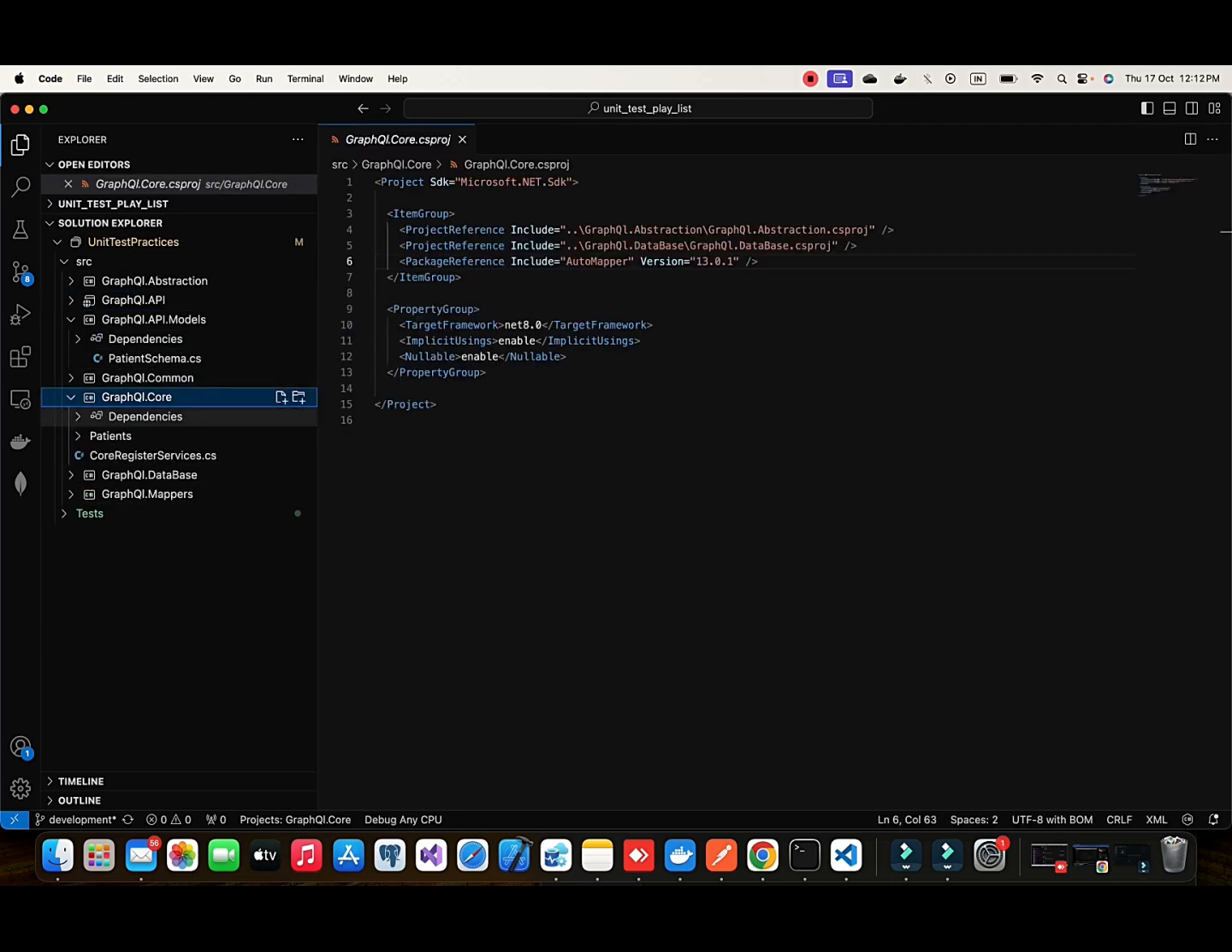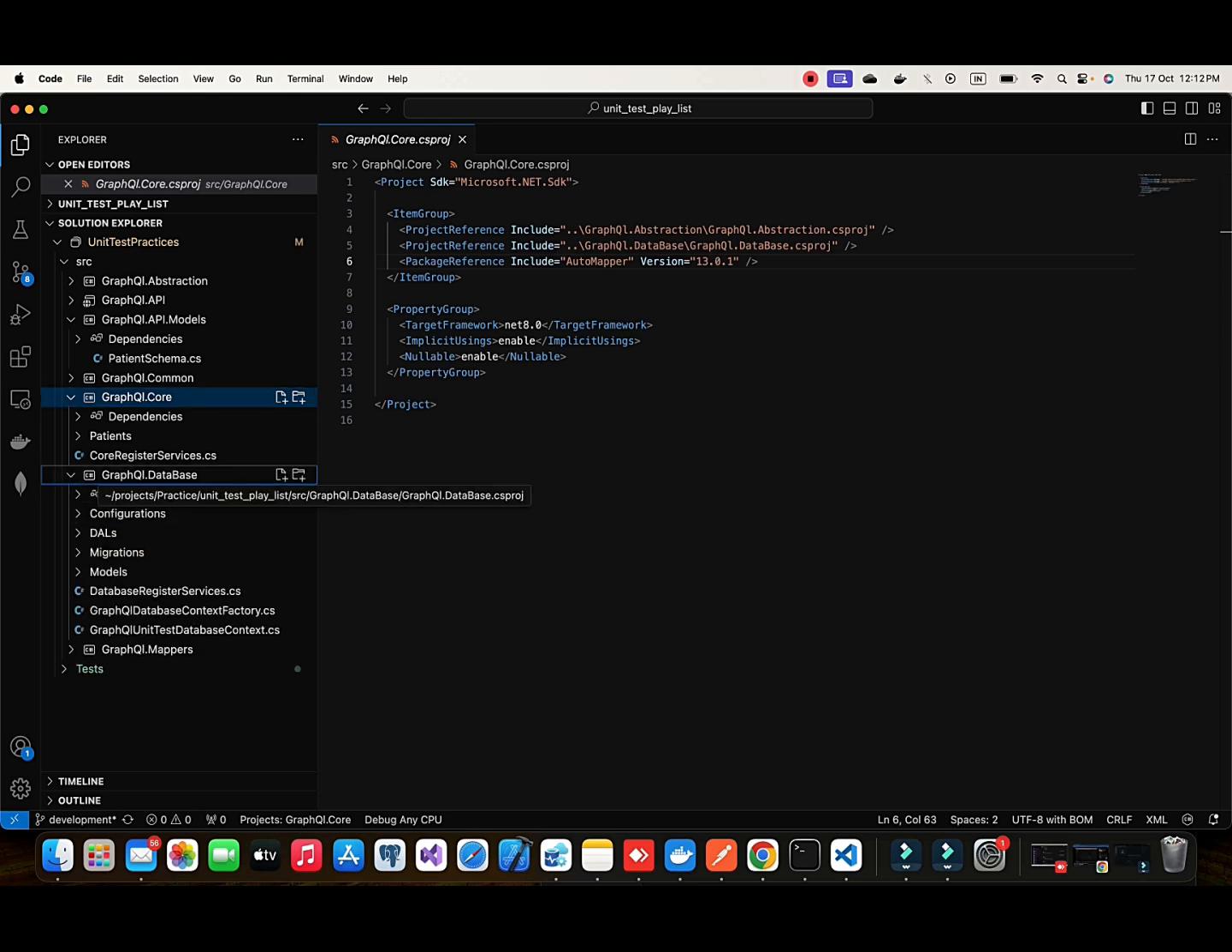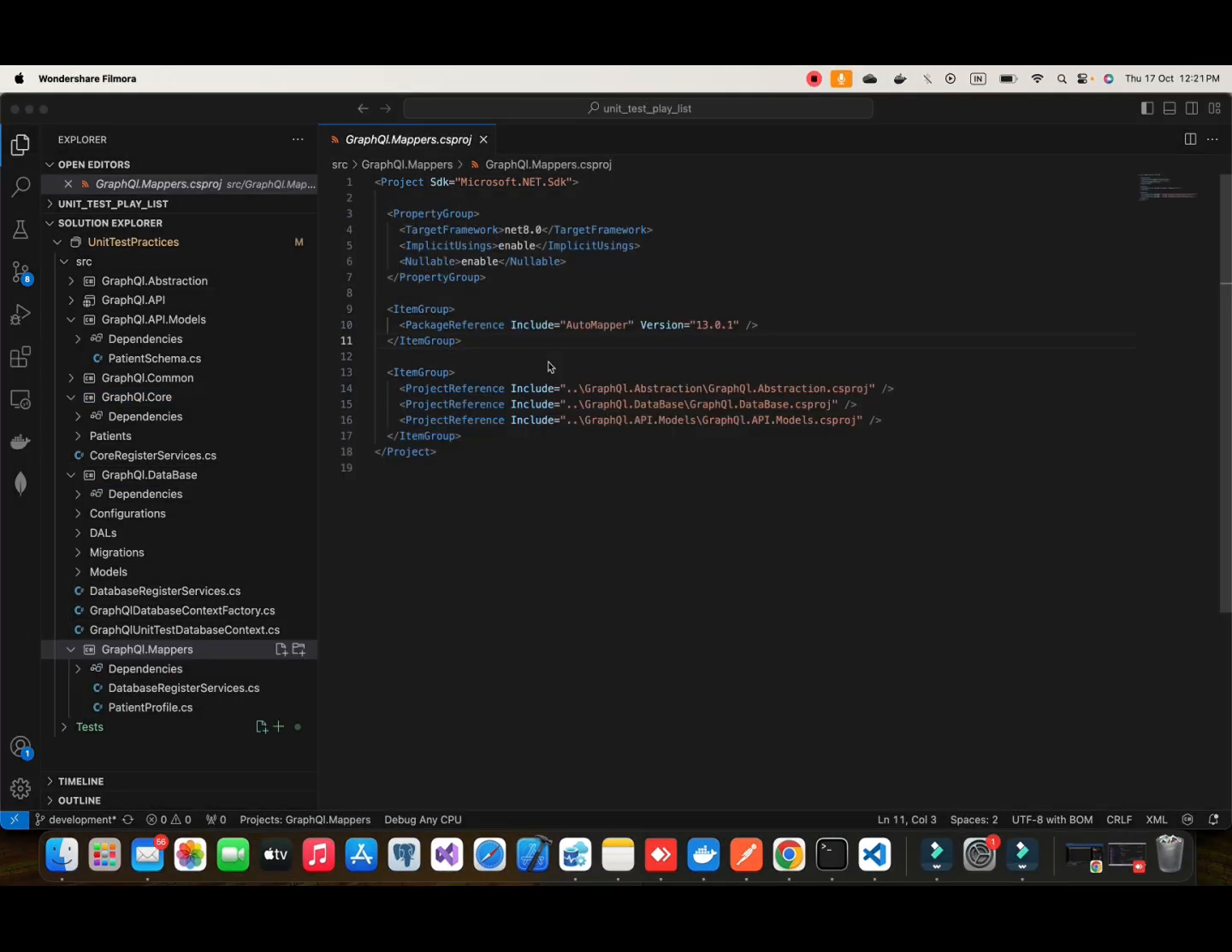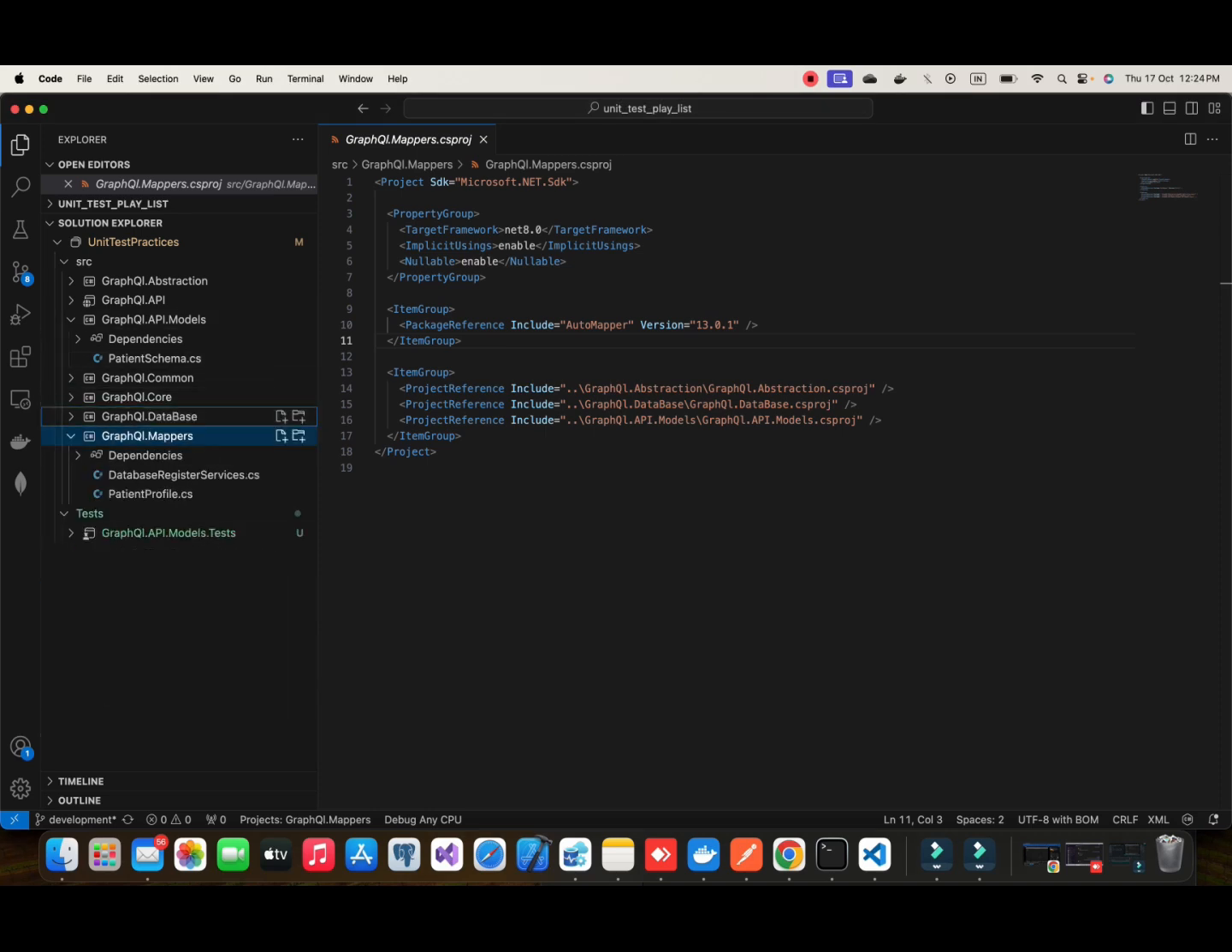Core is responsible for the business logic, and then we have the database, which is responsible to communicate with the database using Entity Framework, and then we have a mapper using AutoMapper to get the data from the database using the projectTo functionality, and we will also use it for many other purposes. For each of these folders we will create a test project, but right now I have just created one for GraphQL.API.Model,